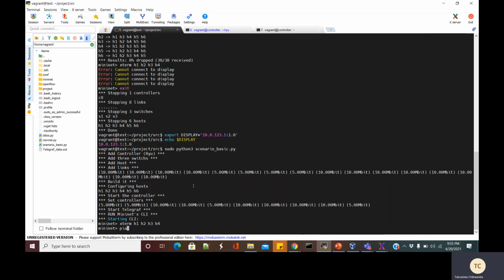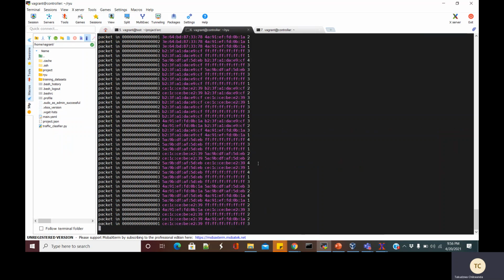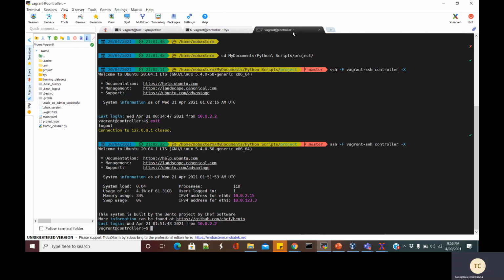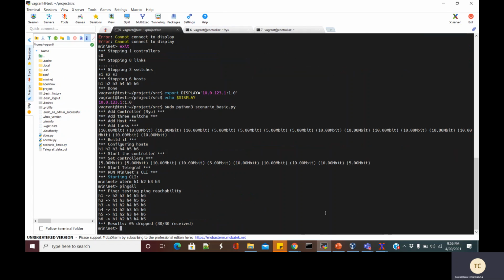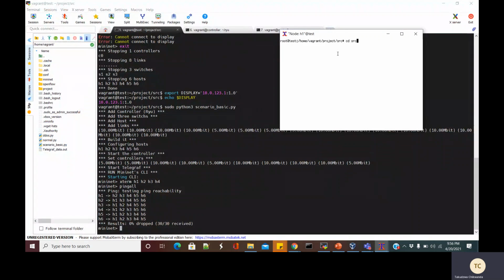We can try again ping all to make sure that everything is working fine. Okay, so in here, this will be for classification. So for now we are just going to try and